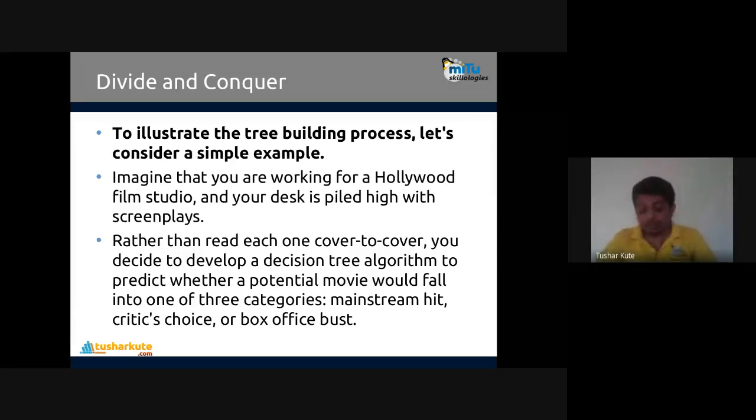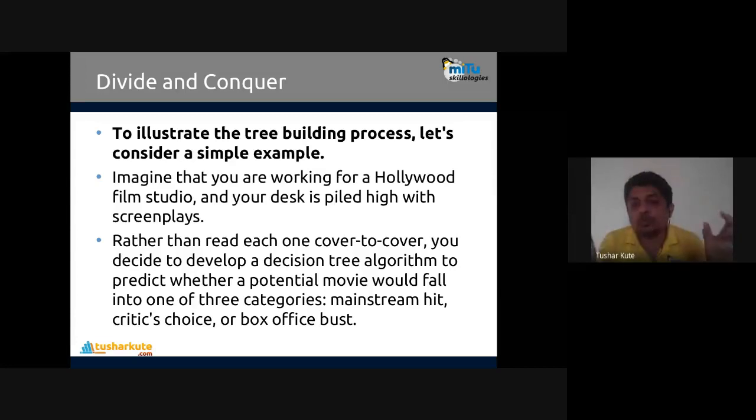We have a lot of screenplays, and all the information about the movie is inside the screenplay: the actors, when the shooting will start, the budget, the duration of the whole shooting, the location. The music director, editors, everything is mentioned in the screenplay, start to end.